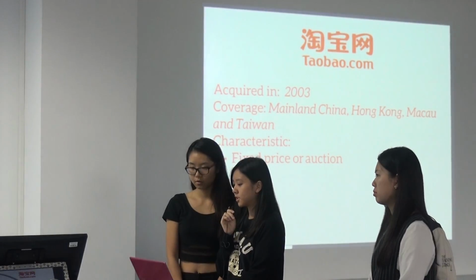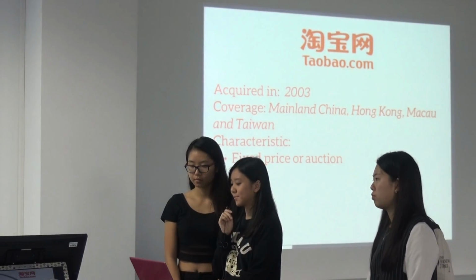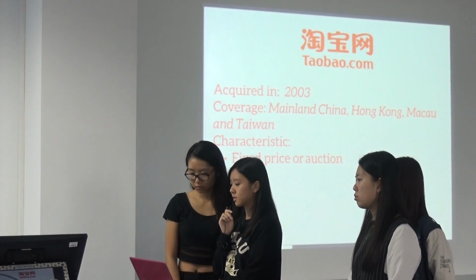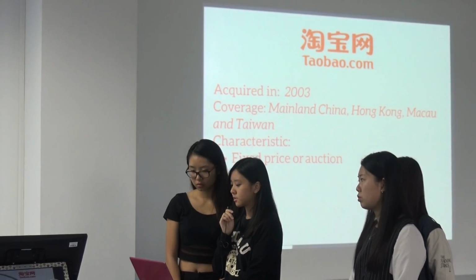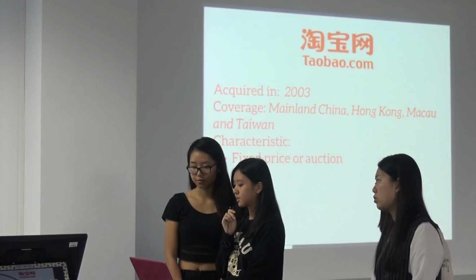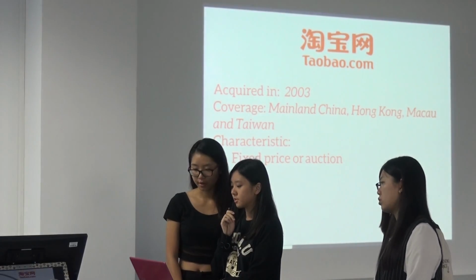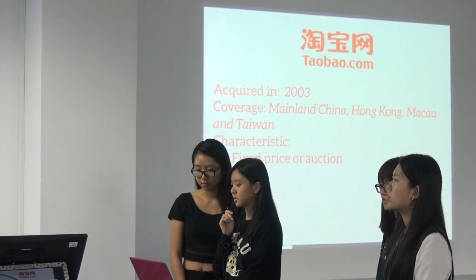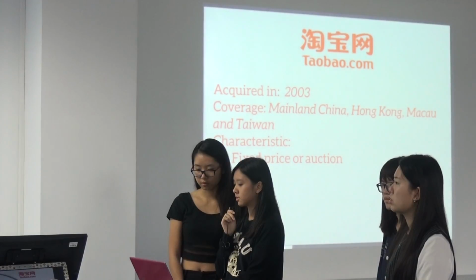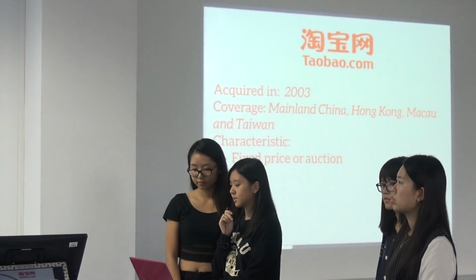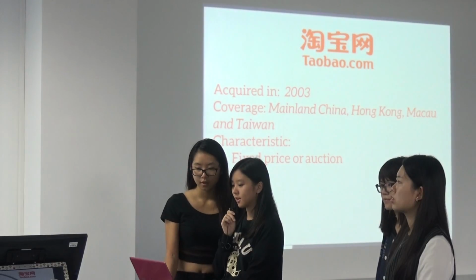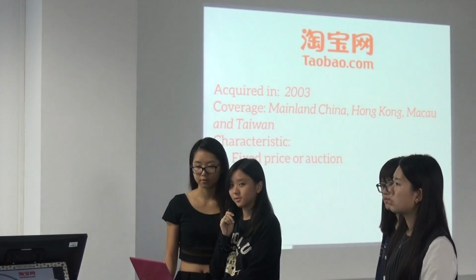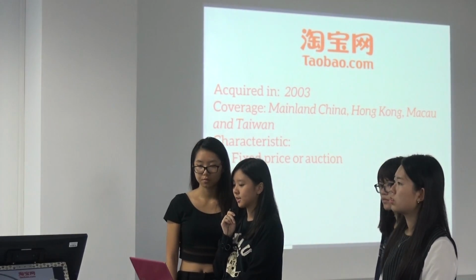In Chinese-speaking regions, meaning mainland China, Hong Kong, Macau, and Taiwan, and also abroad, sellers are able to post goods for sale either at a fixed price or by auction. Auctions make up a small percentage of transactions. The majority of the products are new goods sold at a fixed price. Buyers can access seller background and buying information available on the site, including ratings, comments, and complaints.